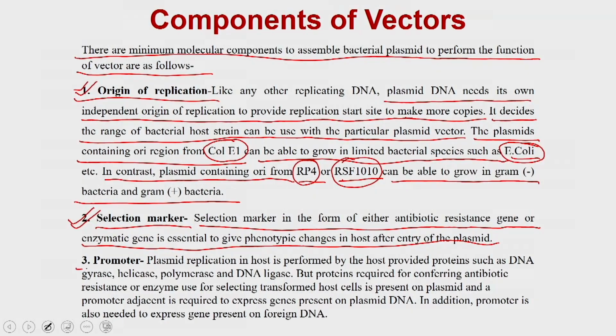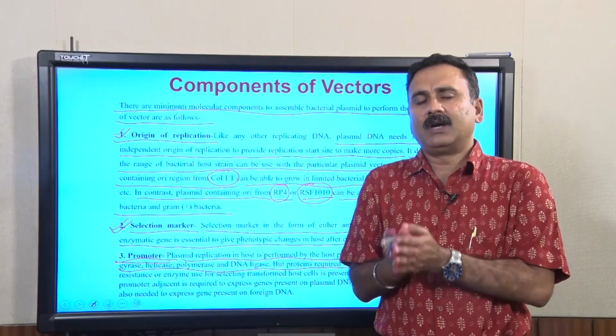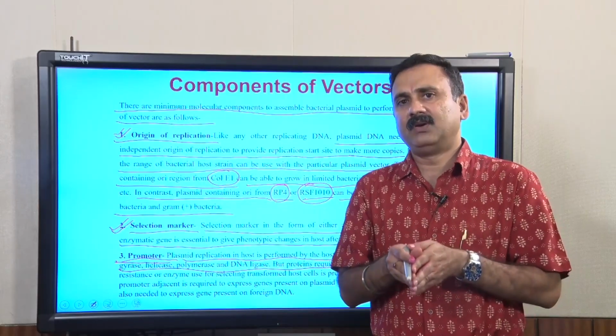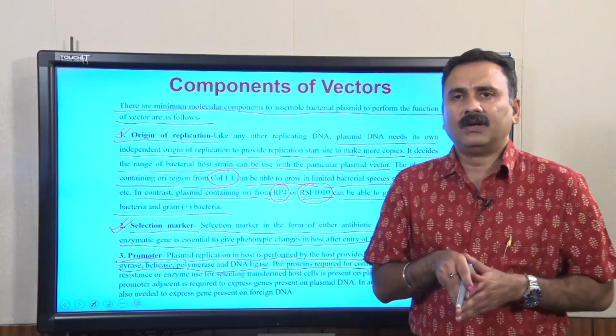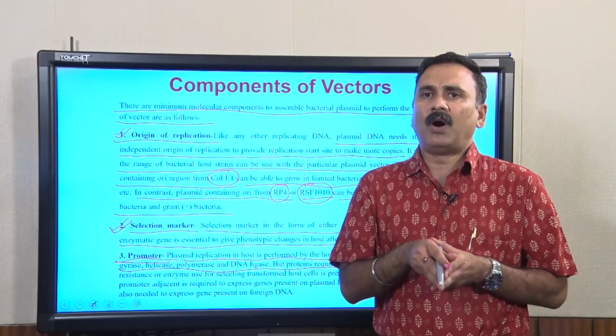The third is the promoter. Every vector which you are going to design should either have a promoter or not, depending on its purpose. If it is an overexpression vector, the plasmid replication is performed by the DNA polymerase enzymes, but the promoter is something which allows the transcription as well as the translation of that particular gene. So, you will put the promoter in those vectors which you are going to use for the overexpression of that particular protein or the recombinant DNA,